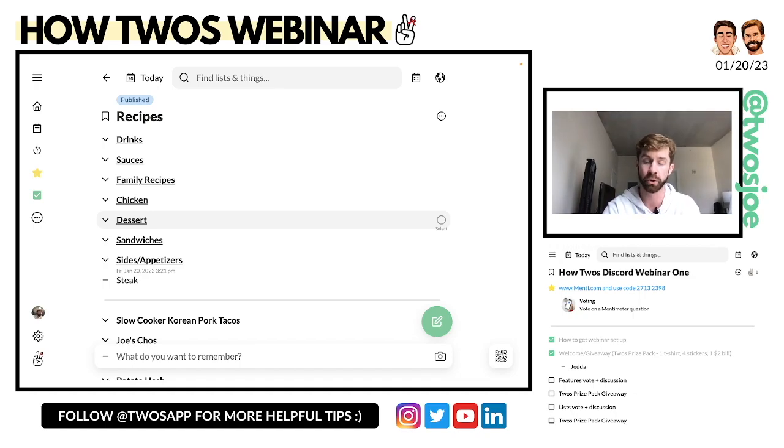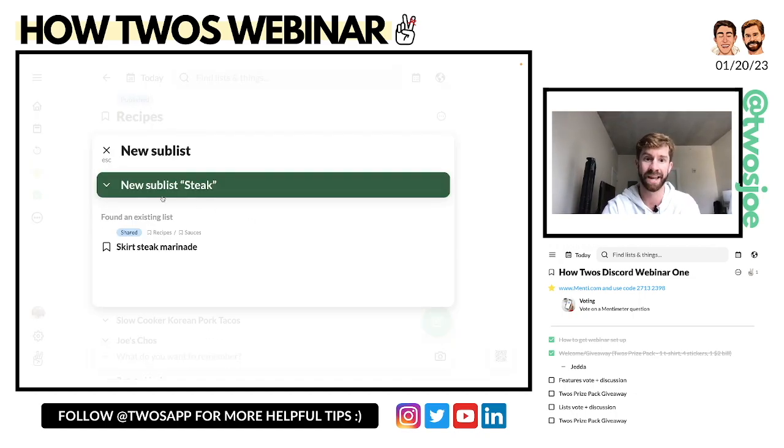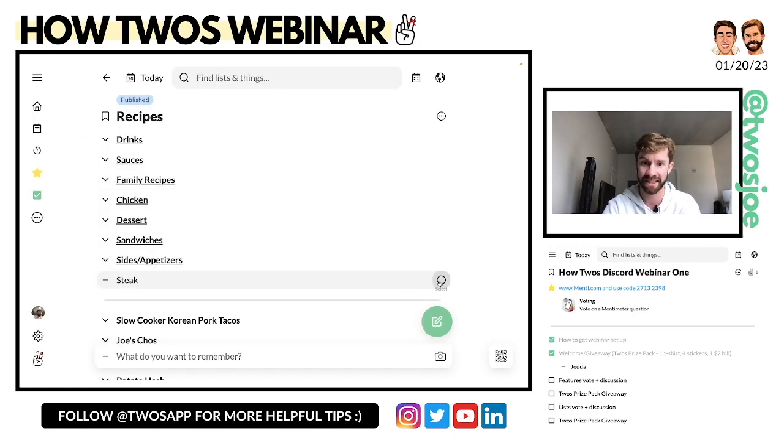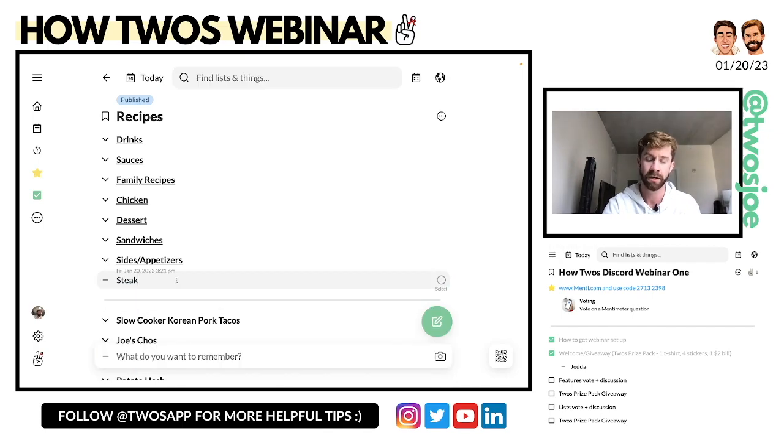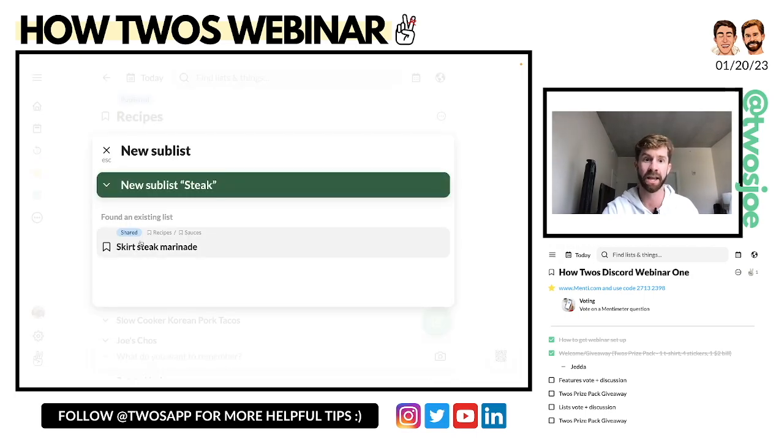On web, you can do Command K, which will then create a sublist for steak. Or you can select the thing, and then you can click the green sublist button, which will also create that sublist. What you guys may have just noticed is that when I do Command K, it will show me